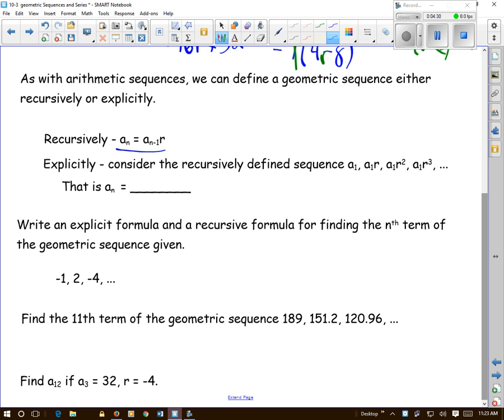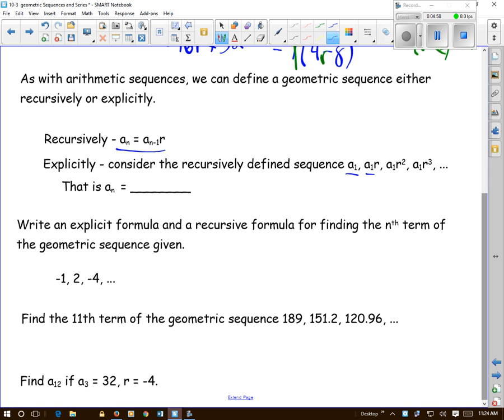Let's look at a few different steps in the sequence to see what's happening here. If we had a1, and we multiply that by r, we get a1r. If we multiply by r again, we get a1r squared, and then a1r cubed, each time multiplying the previous by r. So what can we give for a formula